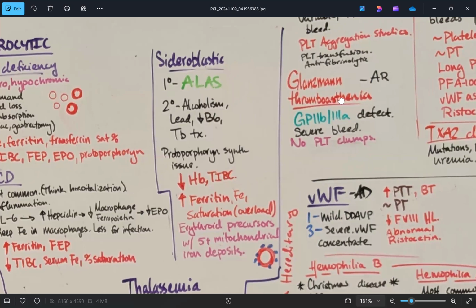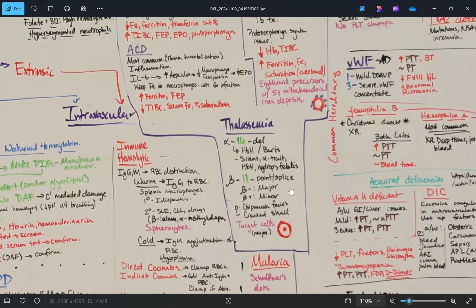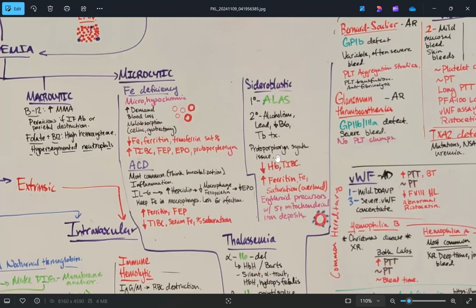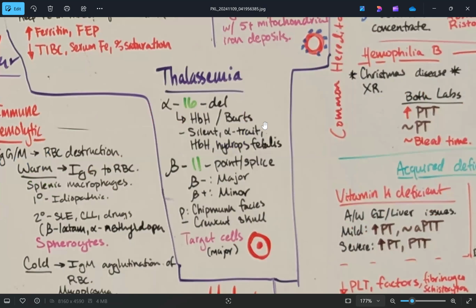So if you see that, sideroblastic rings, sideroblastic microcytic anemia. Last microcytic anemia, and probably one of the most important ones to talk about, is your thalassemia. You have two different types based on what type of hemoglobin is lacking. You have your alpha thalassemias, which have a deficit in your alpha hemoglobins. This is on your chromosome 16, and it's usually a deletion mutation. You will see different diseases such as HbA and Bart's on cells. So if you don't have any alpha hemoglobin, all your beta hemoglobins are just going to aggregate and create your